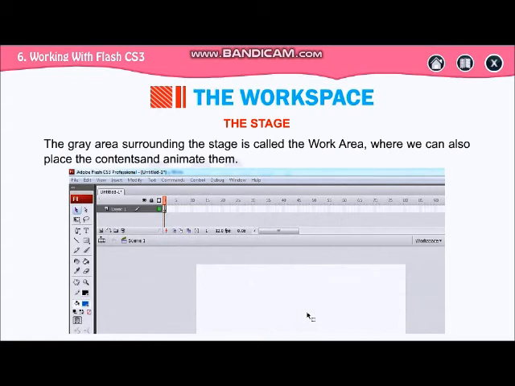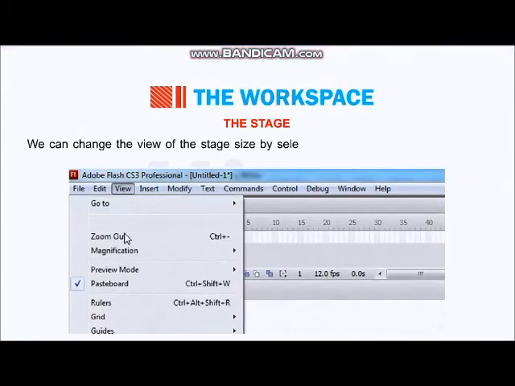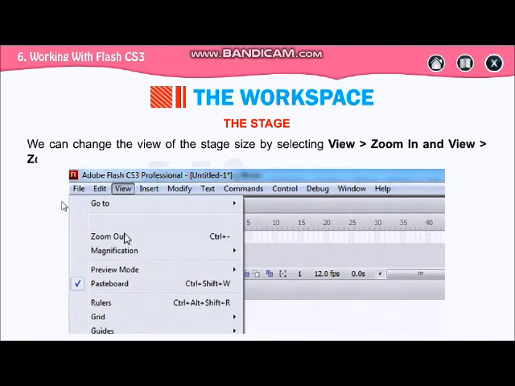So this is your workspace. We can change the view of the stage size by selecting View, and then the zoom in and view options.